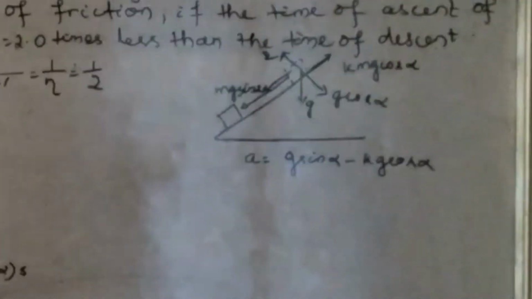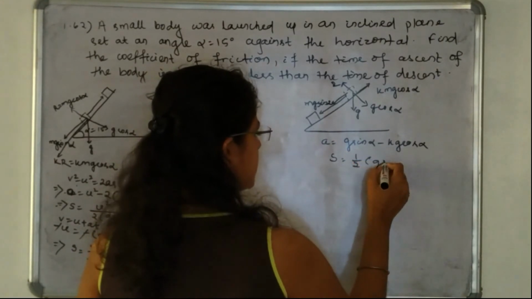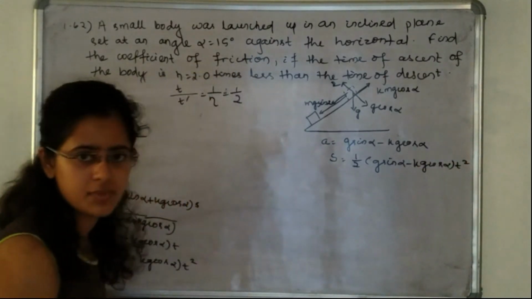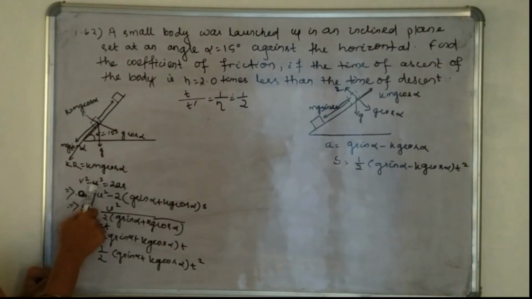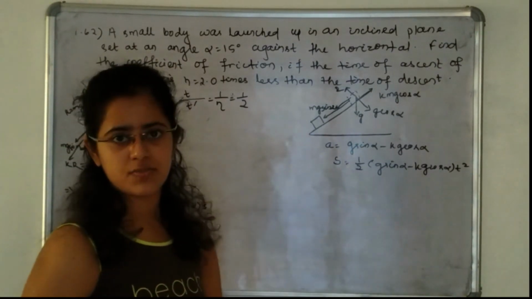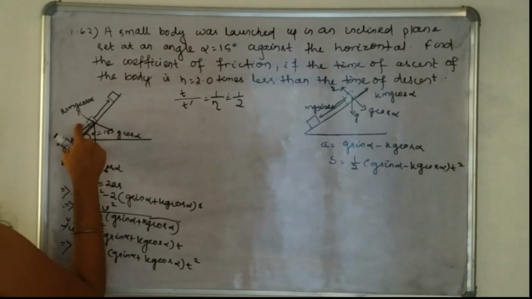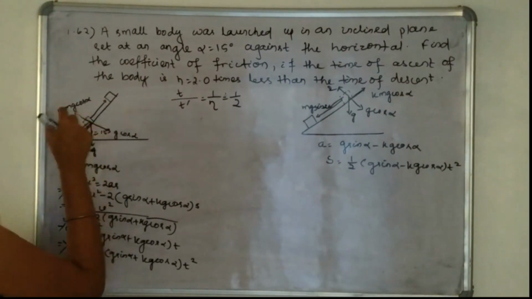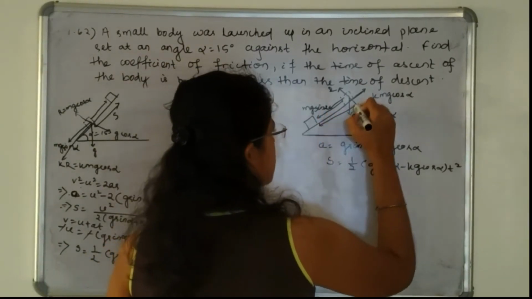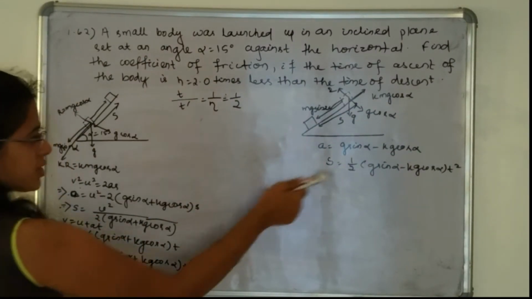If you use the same equations, you finally get s is equal to half into (g sin alpha minus kg cos alpha) into t square. If you do the same procedure, that is v square minus u square is equal to 2as and v is equal to u plus at for this case, you can get s is equal to this much. Here s and here s are the same, because this body is launched up to this position, and again comes back to this position. So we have taken this value as s, and similarly this value as s. So this value and this value are the same.